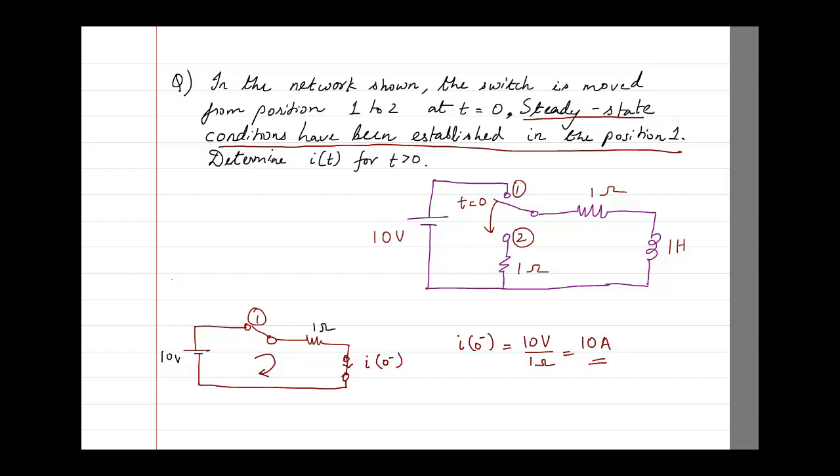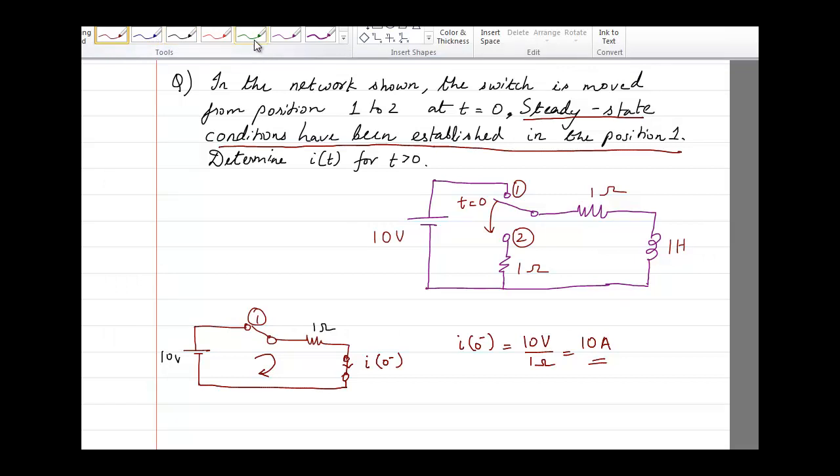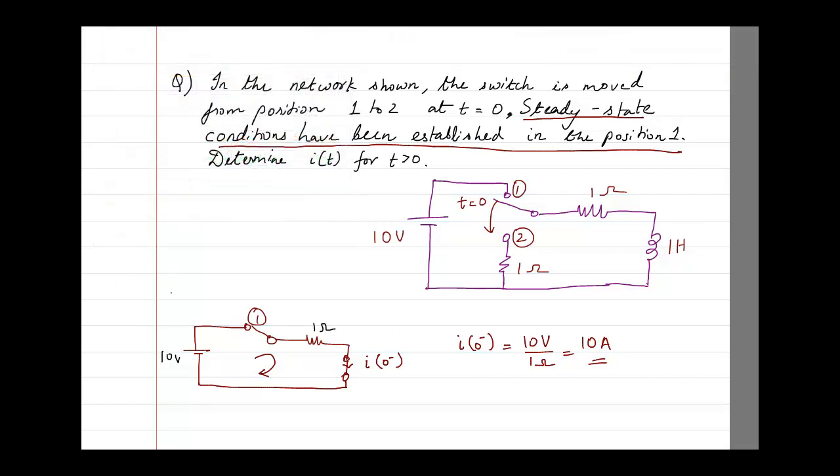When I am trying to solve this, I am going to consider 2 conditions. The first is at t = 0 minus. I told you that there is a steady state, then comes the switch, then we have the transient state. After being in transient for a long time, again it becomes a steady state. So right now we are talking about this time period just before the switch is made, and I have found out what I0 is.